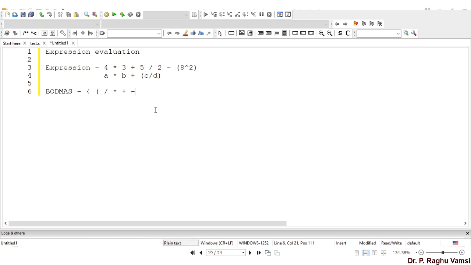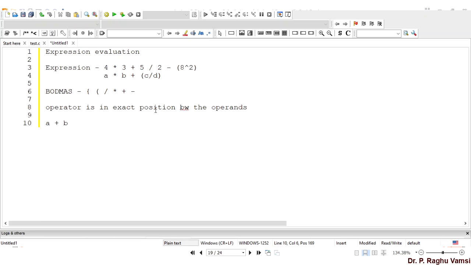In general, an expression will have the operator in exact position between the operands. That means A plus B. So this is a perfect expression.